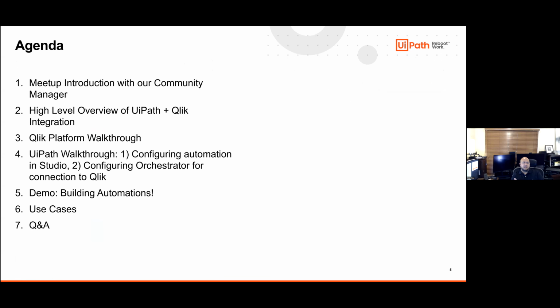We're going to start with a high-level overview of our integration between UiPath and Qlik. So Dalton and I are both going to talk a little bit about the integration, what it represents, what you can do with it. Dalton's going to provide a platform walkthrough of Qlik and the associated components, end-to-end from a designer experience, what you're going to use, and especially what we're using today as part of our live demo. And I'm going to do the corresponding walkthrough on the UiPath side, where it's pretty simple on both ends. And I'm just going to walk through what you do in Studio and what you do in Orchestrator